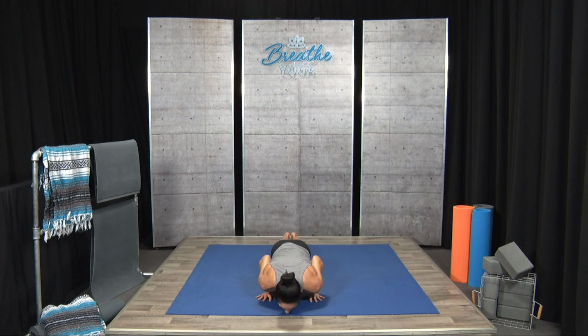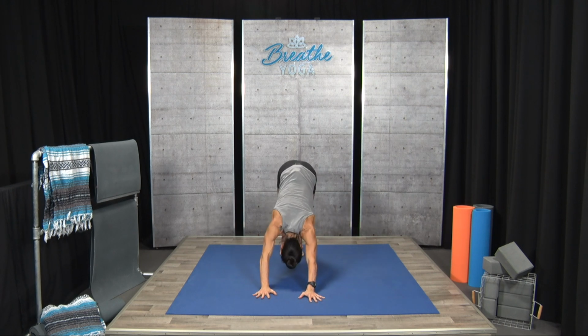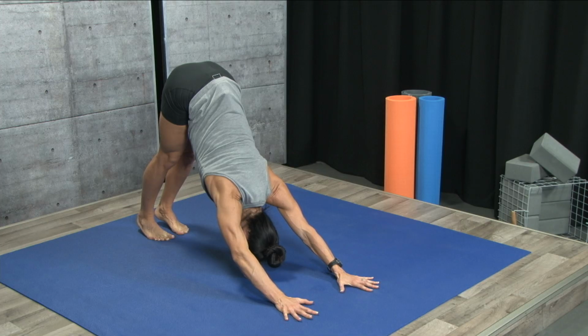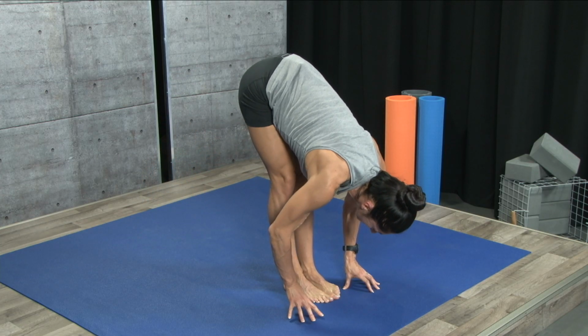Exhale, lower down with control, and inhale, scoop up. Lower high cobra, whatever serves your body today. Exhale down. Press to the knees. Curl the toes under. Downward facing dog. Take a breath in. As you exhale, step the feet forward, big toes touching, inch or two space between the